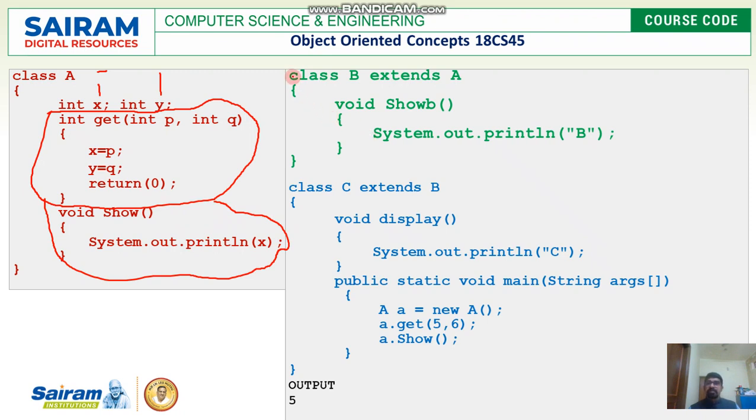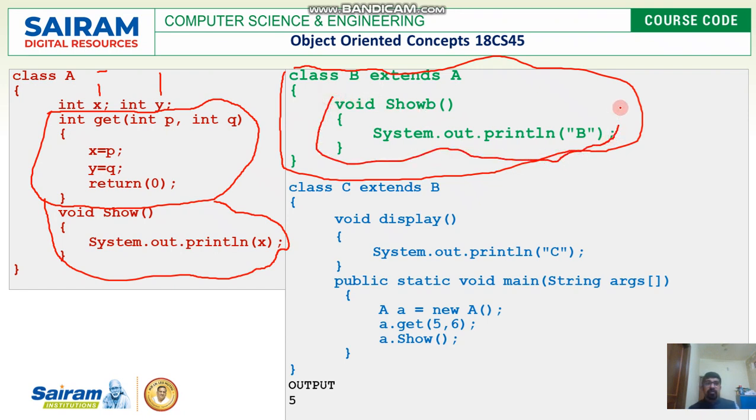We have another class called B, and class B extends A. That means class B is a subclass of class A, and it has a single method. There is no instance variable in this. It has a single method called showB. So show is a method in class A. showB is a method in class B. It's not mandatory to give that particular name. You can give any name for that.